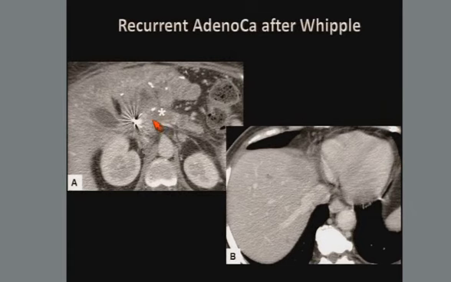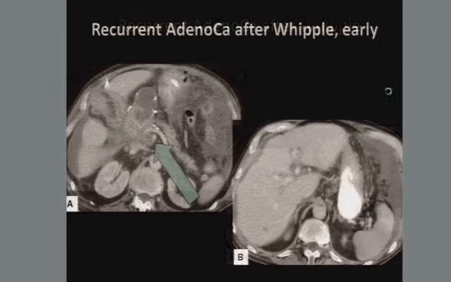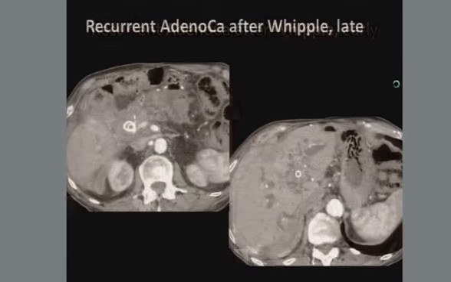These patients are at risk for recurrent tumor. One of the places to look is in the region of the Whipple anastomosis at the resection margin. Look for early metastatic disease in the liver in these patients. Look for vascular encasement. Look for evidence of peritoneal carcinomatosis, here characterized by peritoneal thickening and infiltration of the